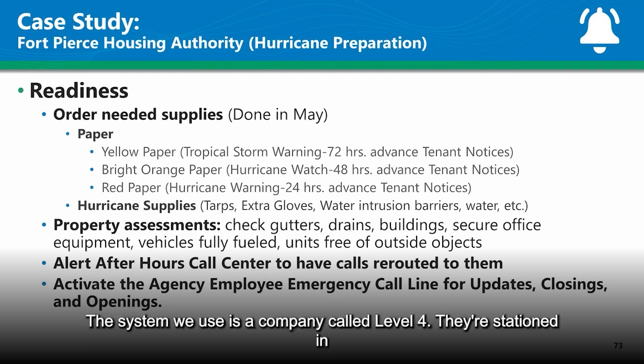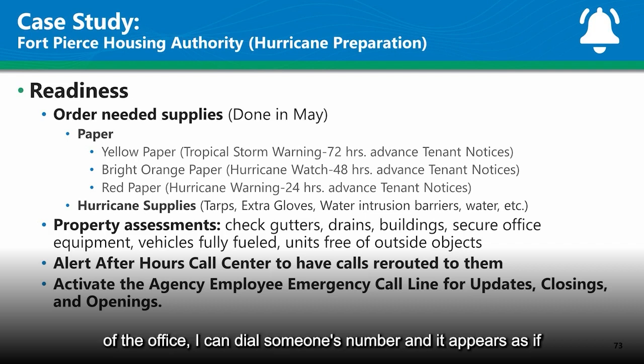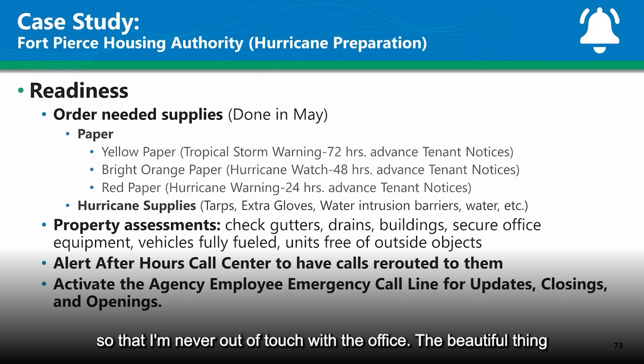The system we use is a company called Level 4 that's stationed in Stuart, Florida. And Level 4 is able to work in real time, on time. As a matter of fact, even though Rosetta and I are out of the office, I can dial someone's number and it appears as if I'm in my office. So it comes directly from my extension. Anybody that calls my office line gets my cell phone right now,